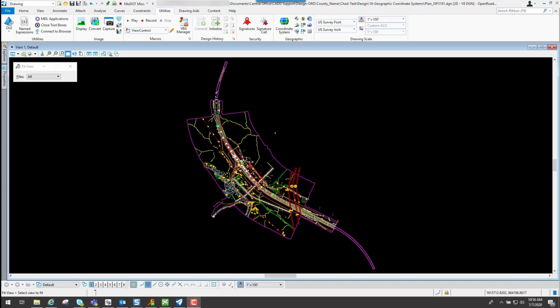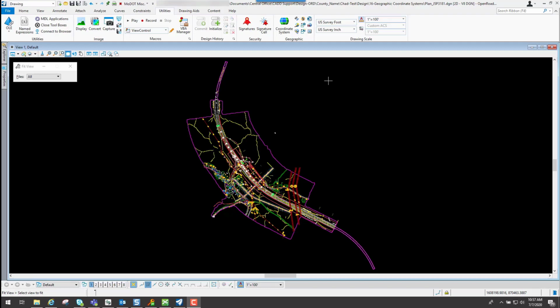Another benefit is you can use other applications to maybe take this geometry and place it somewhere else. Let's say you want to create a KML file, which is a Google Earth file. As long as you have the correct coordinate system applied, you can export this geometry out to a KML, which you can then bring into Google Earth and see the MicroStation geometry over top of that Google Earth imagery. And also inside of this CAD file, you can use Bing Maps or another imagery, which is called WMS imagery. But first and foremost, you have to have the correct coordinate system applied to the file.